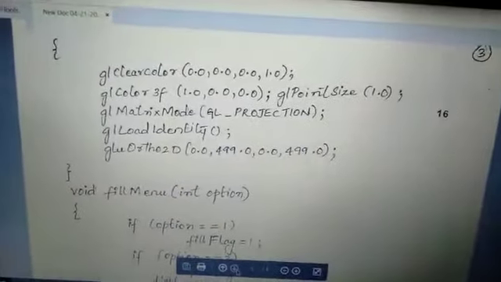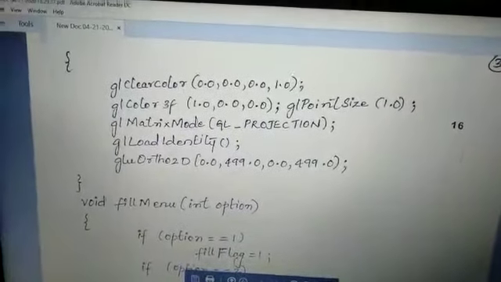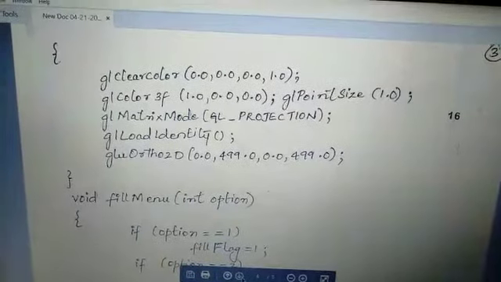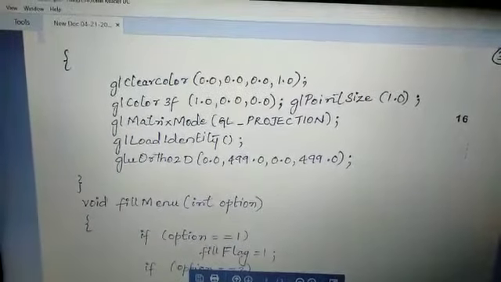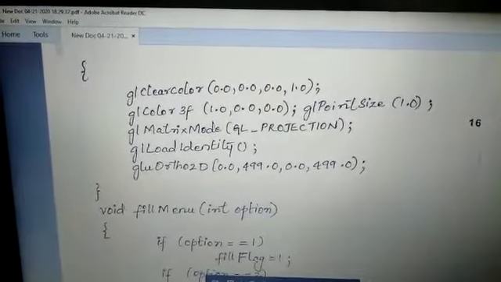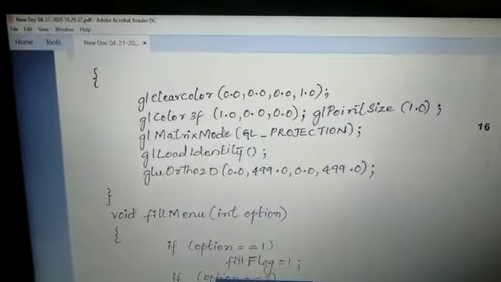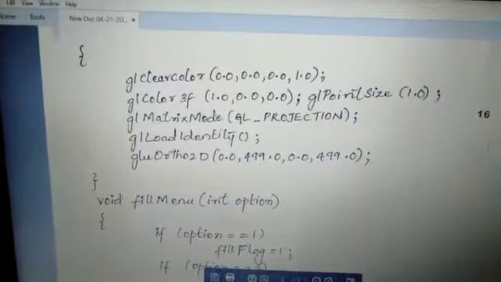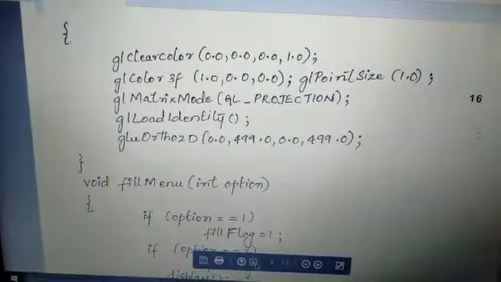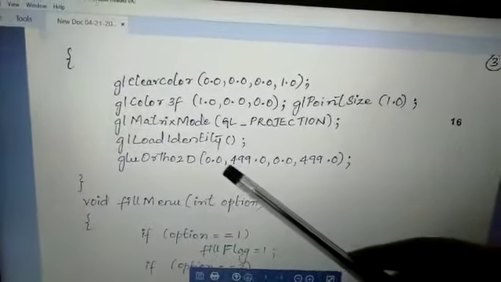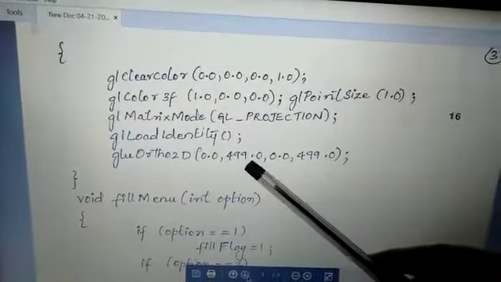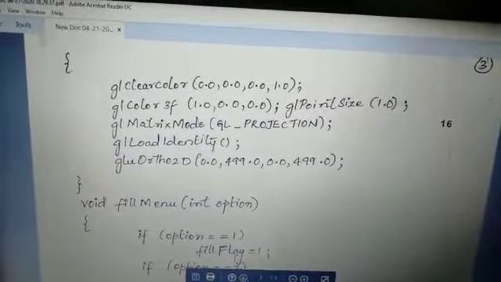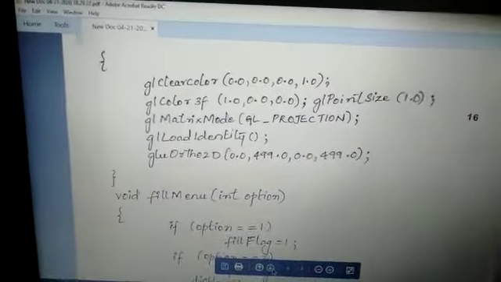Unlike in the previous program, where we had given a size of 5, here we have provided 1.0 in float. It is once again user based. You can change it whenever you want. And then we have the projection as matrix mode with respect to the projection matrices. Since we have the projection matrix, we are loading it with the identity matrix, so that we get the orthogonal projections properly with the window, 0.0, 499.0 in float. We are defining the window size here. So let's move on to the main function again.